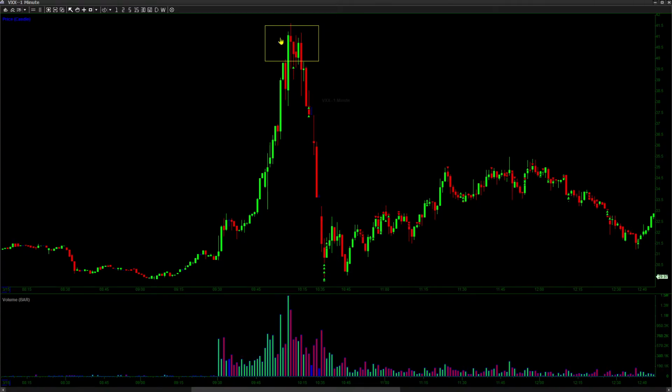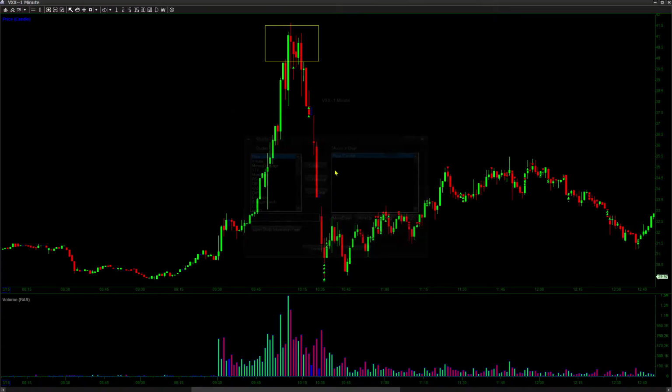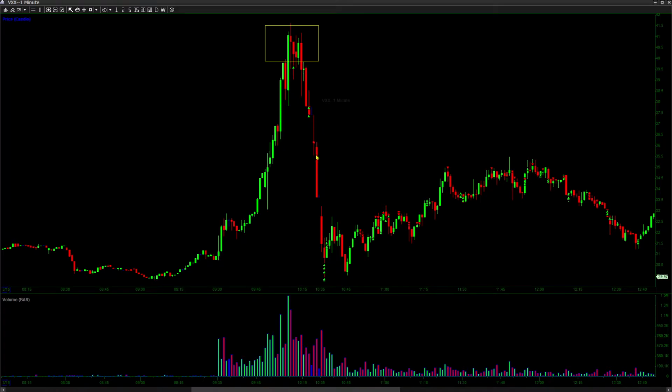The good thing is I didn't go too big of a size. I had plenty of bullets. So I tried to buy the dip right there. I got dumped on. I added two more, small position right there, two green arrows, and then I got halted. And then I was like, you know what, this might keep going down. I identified this level right here. I thought this was gonna be the bounce, but when it resumed, it actually resumed much further down,